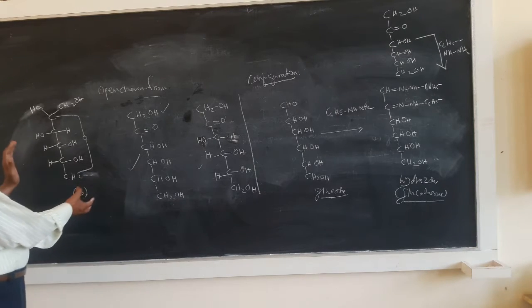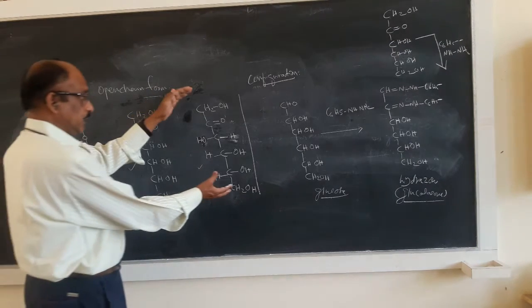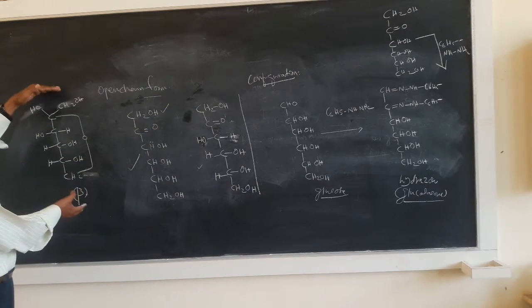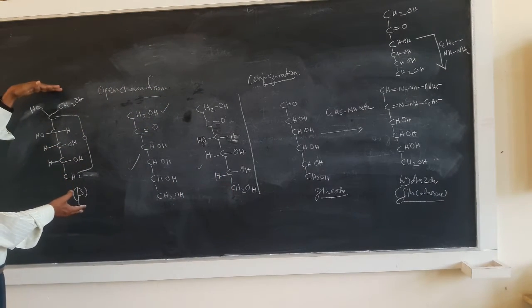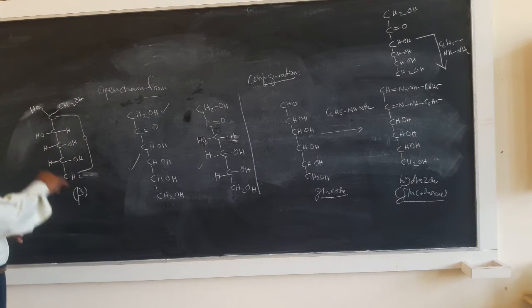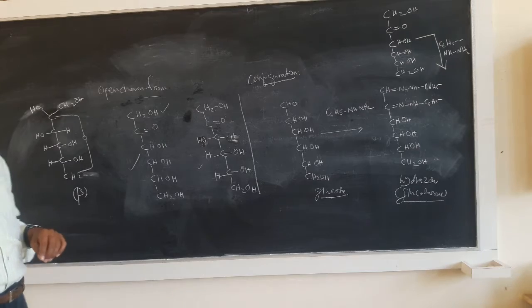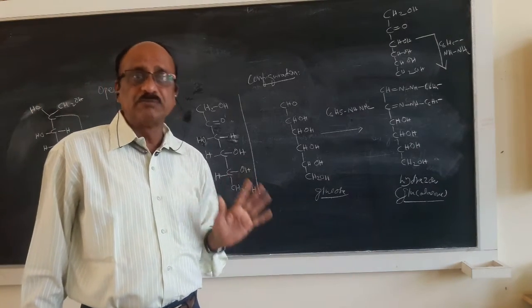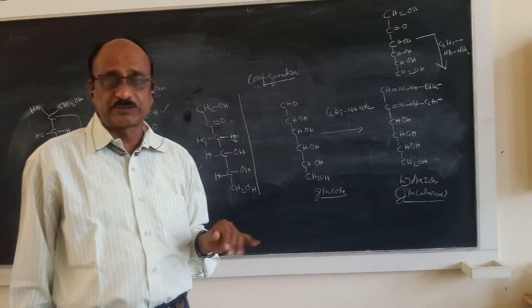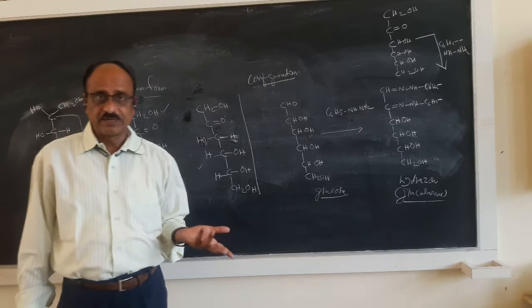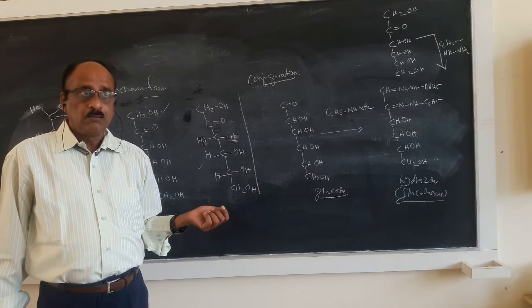And thirdly, if you know the open chain structure, the configuration structure, then you can write the alpha and beta forms of the 6-membered ring system. Actually, the fructose molecule is present in sucrose as a 5-membered ring system, which is known as a Furano structure, which I told you in the previous class.